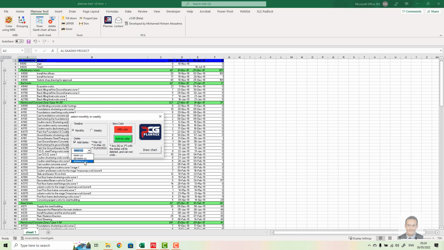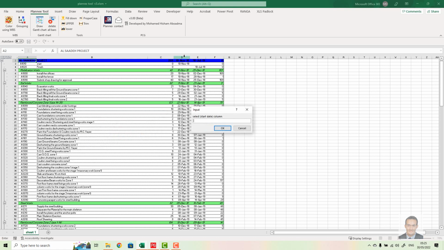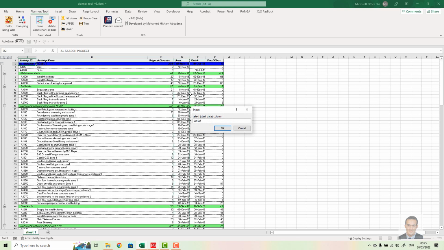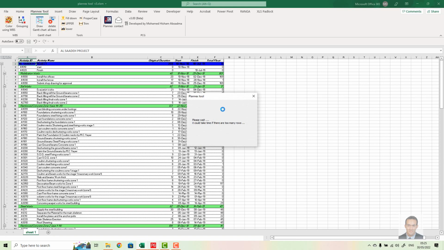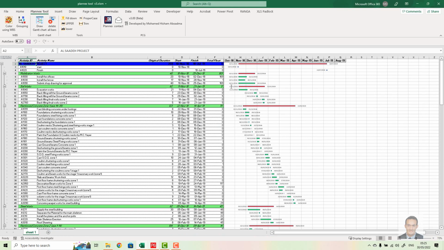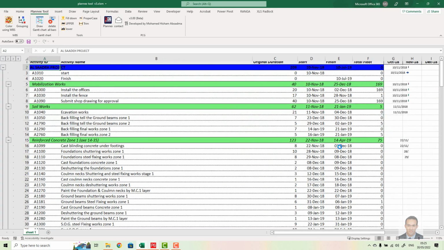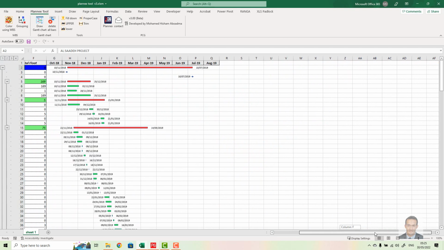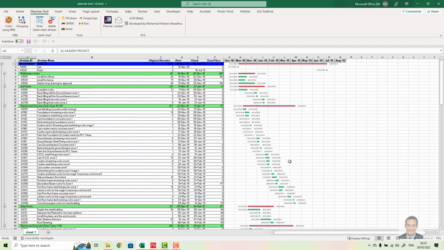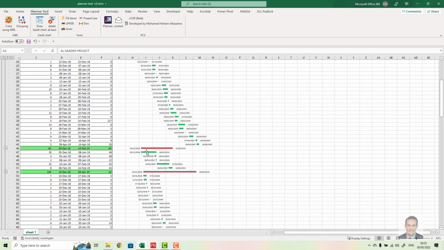So I will select this one for example, then draw chart. I will select this column, the start, okay, and select the finish, okay, and you will get all the activity with the bar chart. Very nice and very smooth.